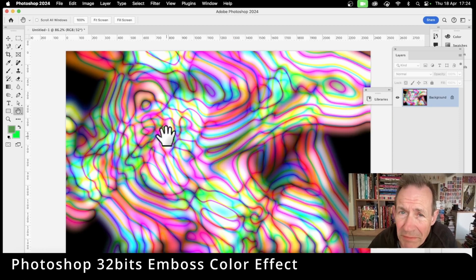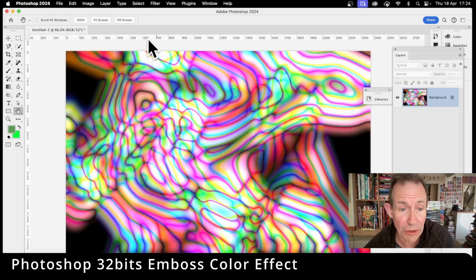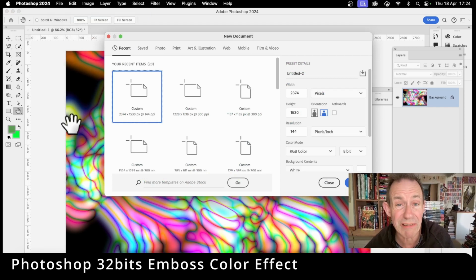I've been creating some interesting effects in Affinity Photo, and I thought let's try the same in Photoshop. I'm using version 2024 and I'm using 32-bit mode. So let's just go and create a document, File and New. Now I probably won't be able to create exactly the same image again, but let's just go with this and